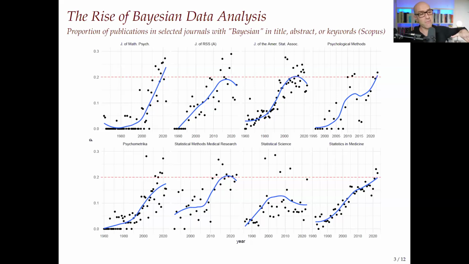Now, what we see here is a common pattern as well: an increase from a very low proportion of Bayesian methods up to the 90s or so, and then an increase going up to around 20%, around 20% in most cases. Obviously it's not identical in all of those, and in Statistical Science, there's something going on. It's dipping down. Who knows what that is? But that first plot wasn't just an illusion. There is a higher proportion of journal articles covering Bayesian methods.